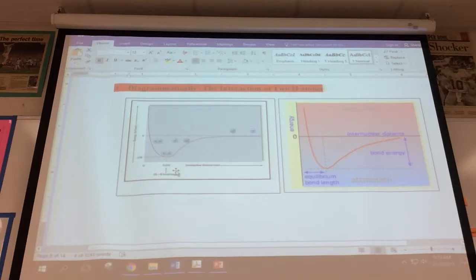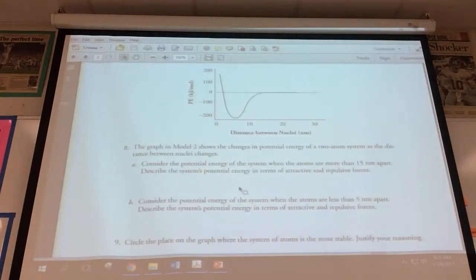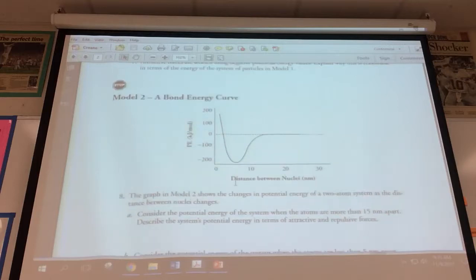Typically you'd see it most likely as 74 picometers. And what you're seeing here is what happens when the atoms are too close together or too far apart. I want you to think about this in a couple different ways,